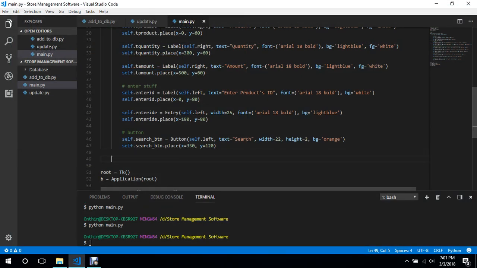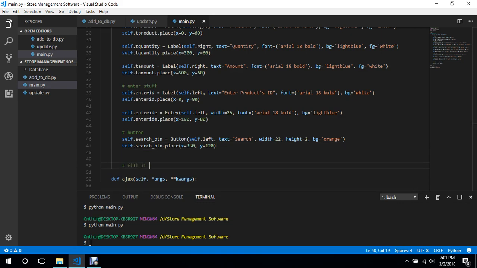So we'll define Ajax. It's going to perform like Ajax, so I'm going to name it Ajax. Does not make quite sense though, but arguments, keyword arguments. So whenever the button is pressed, Ajax will run. What Ajax will do is get the name of the product that we're searching, and for that, let's see what we can do. We can fill it later by the